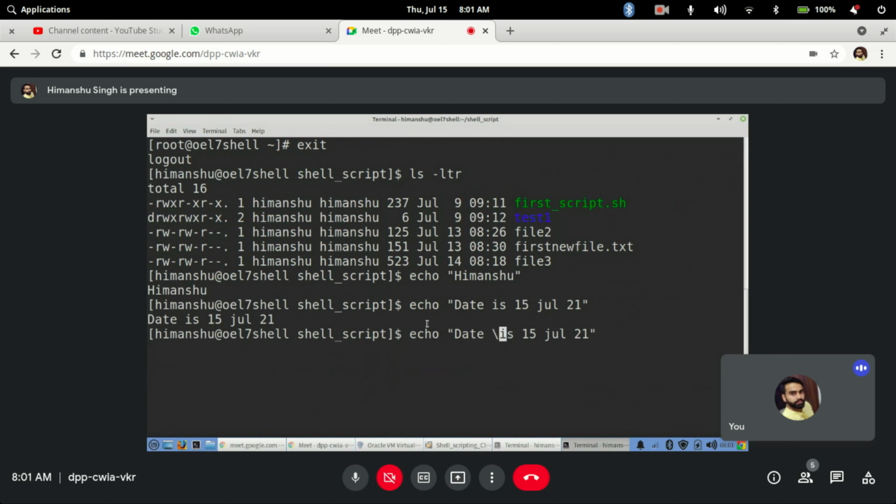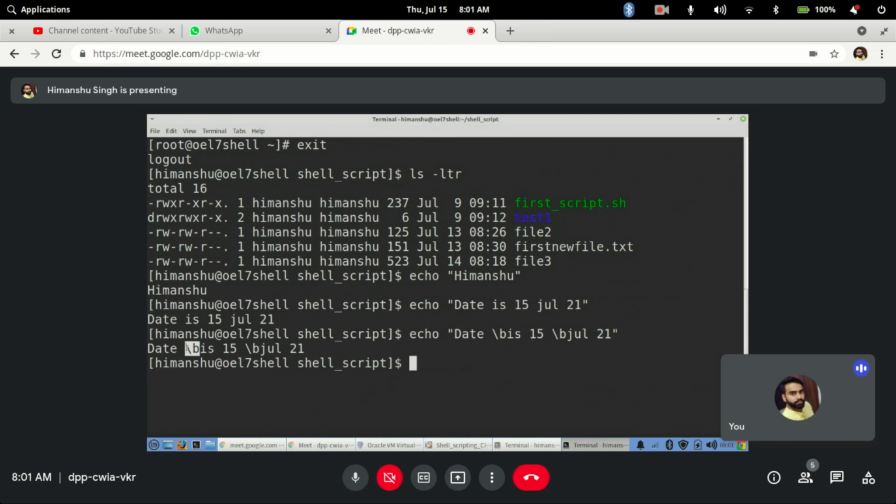So I will use \b. But by default, if I run it directly like this, it will just treat it as a normal string and print \b, whereas \b is an option to remove the spaces between the text.